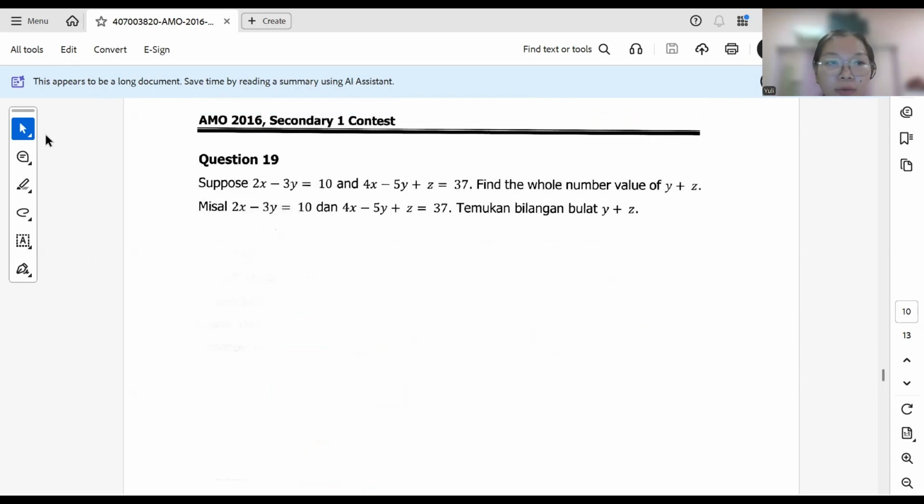Okay, for this one, suppose find the whole number of. You don't have to find what is Y, what is Z. You don't have to find that. If you can see, this is double, right? And then this one, if you double it and then you minus it, you will get Y. So I will write down, this is the first equation. We double it up. We double it by 2, and you will get